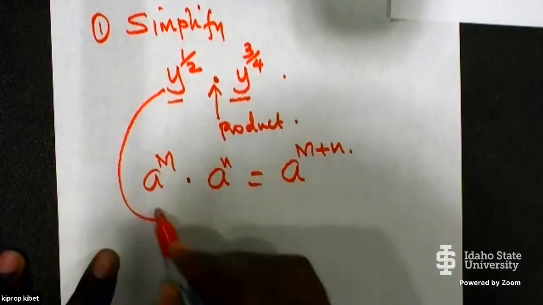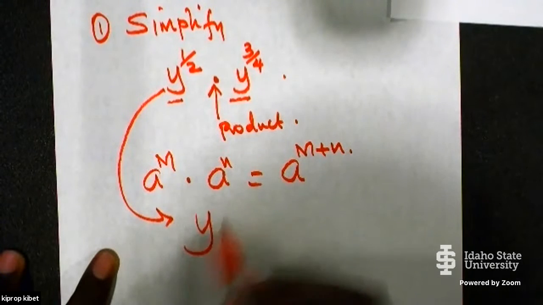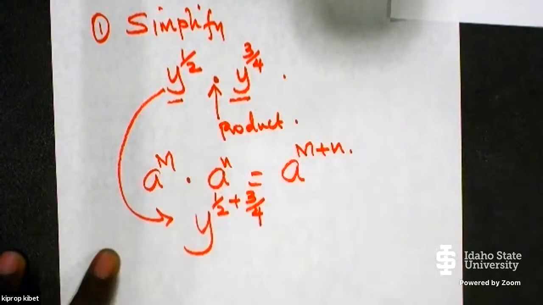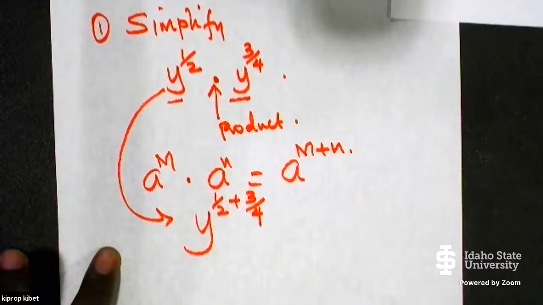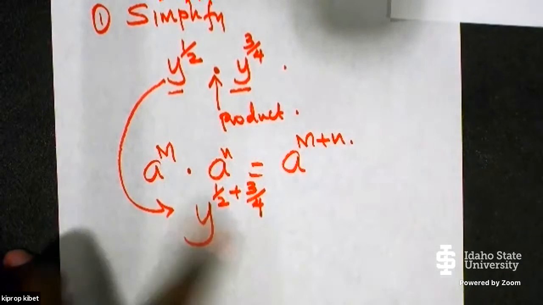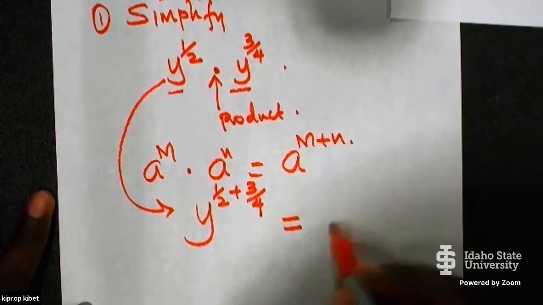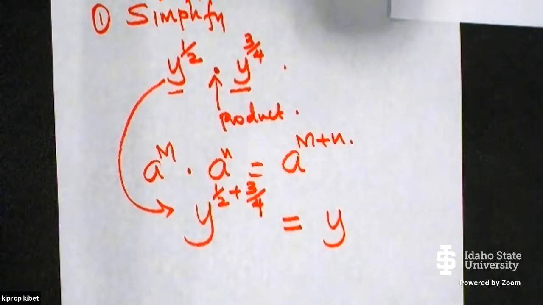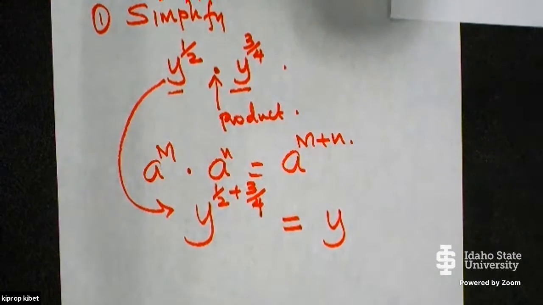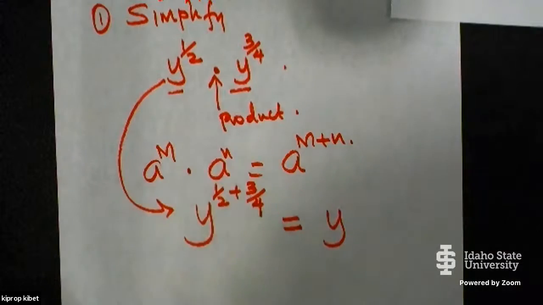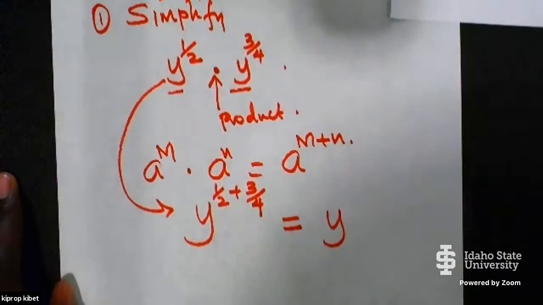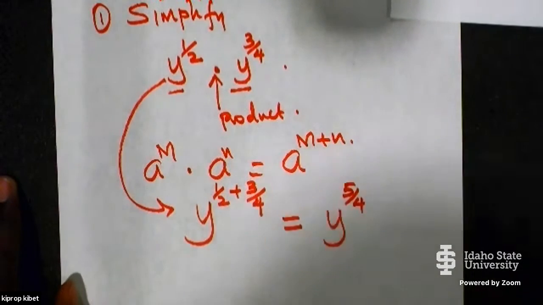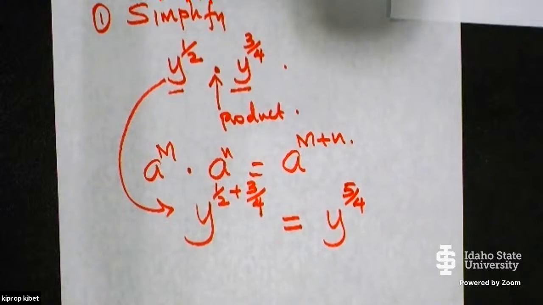So here is still the same thing. So this is the same as y raised to 1 over 2 plus 3 over 4, which is equal to y raised to what? 1 over 2 plus 3 over 4. What is this? Is it 5 over 4? So y raised to 5 over 4,